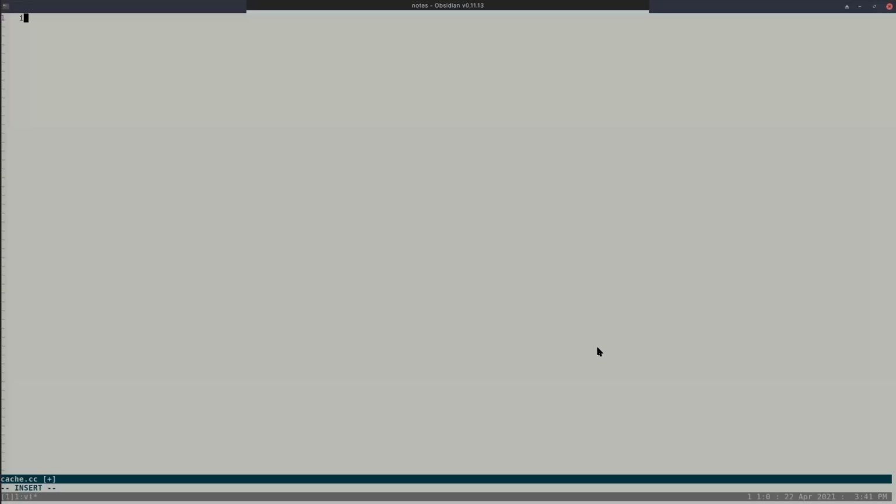I don't know how many of you have started doing this. So let's say you want to design a cache. Now you understand there are components in the cache.